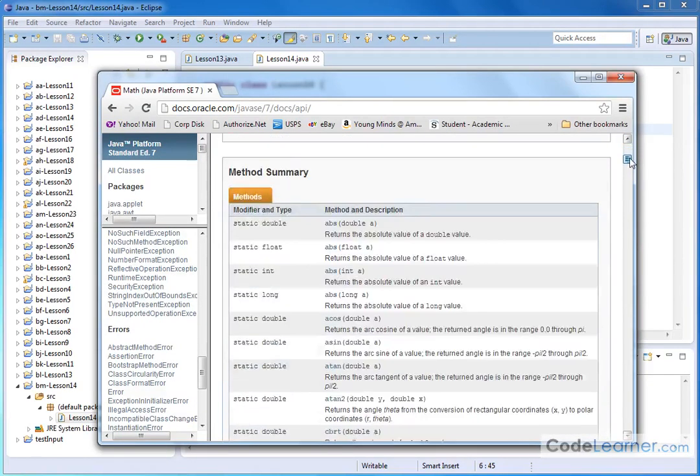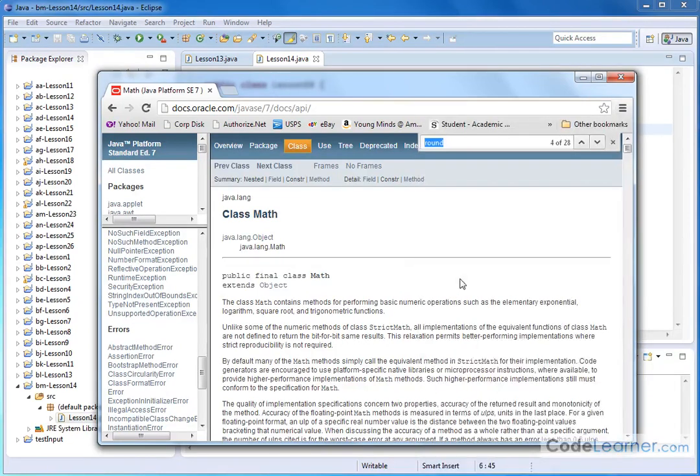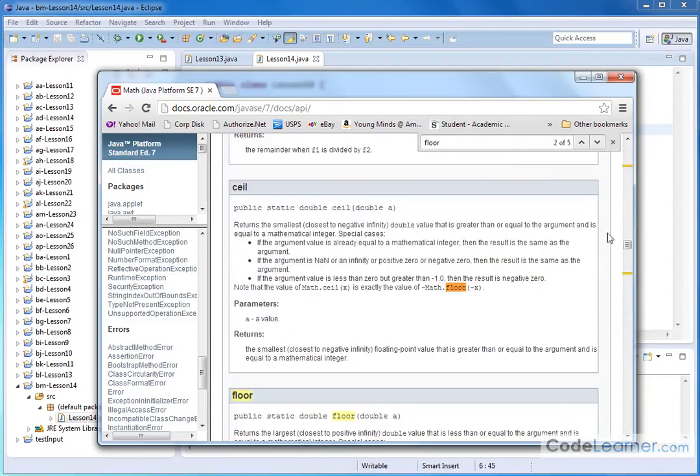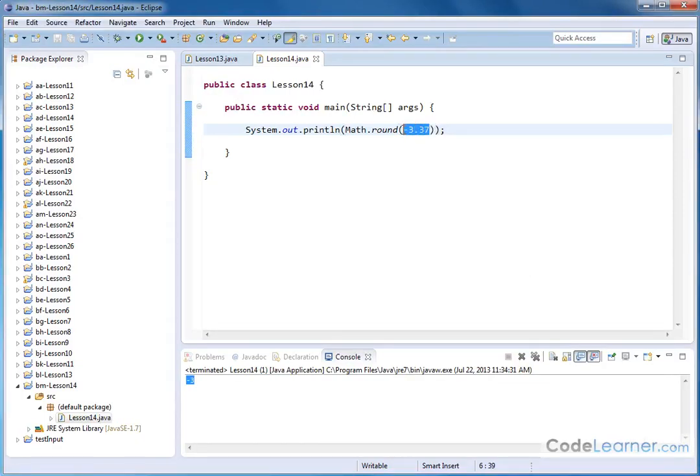functions that are useful sometimes, depending. So let me show you one called, these are very similar to the rounding function. So let me show you a floor, right? Let's go down to floor right here. So floor returns the largest value that is less than or equal to the argument, and so on. You can read this, but basically the bottom line is that the floor method is going to return the value that's always smaller. So for instance, if we take, let's take something easy here,